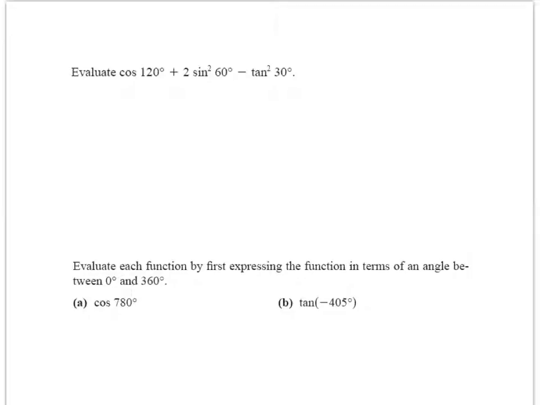It says to evaluate cosine 120 plus 2 sine squared of 60 minus tangent squared 30. So the first thing I'm going to do is substitute cosine 120 and make it cosine 60. And if you can't remember how to do that, that's its reference angle. And then I'm going to think about my triangle, and cosine of, let's see, we've got to look where 120 is. It's here. Okay. So cosine of 120 is going to be negative 1/2